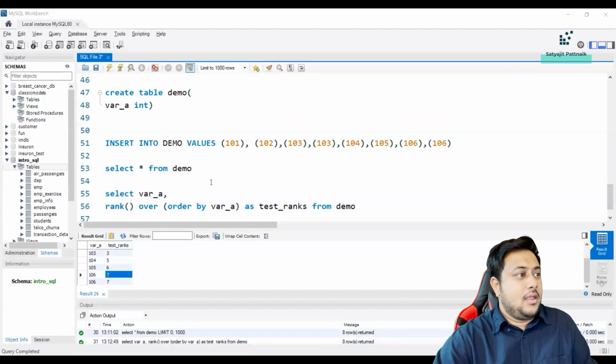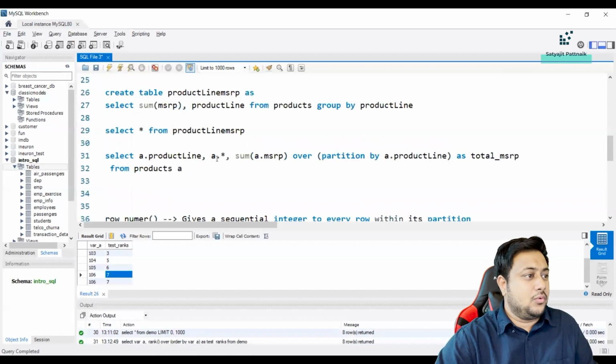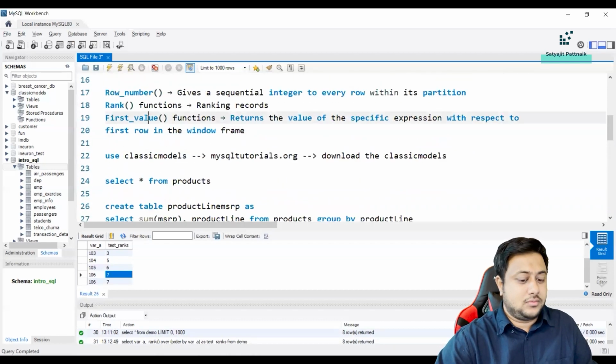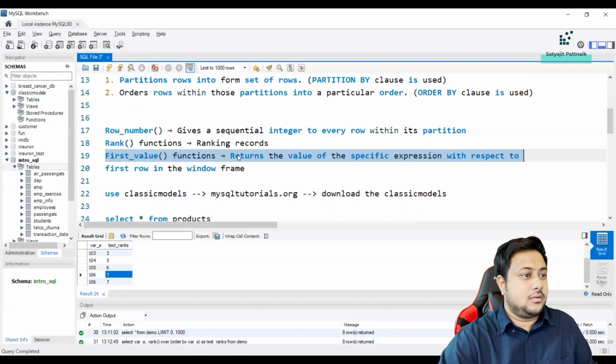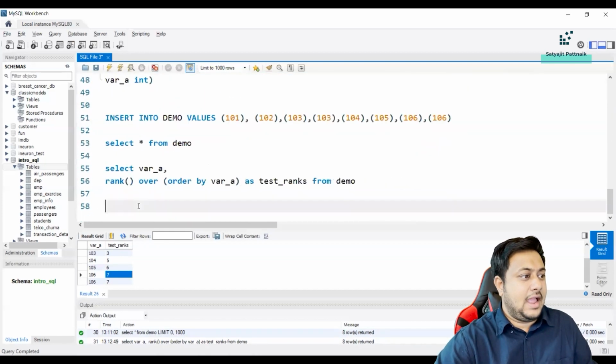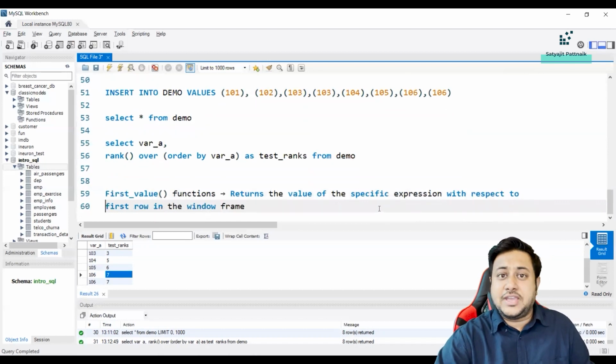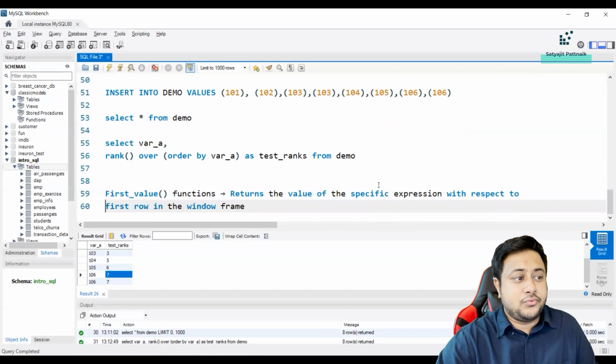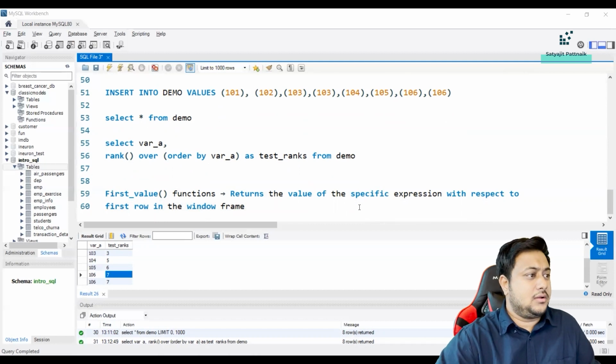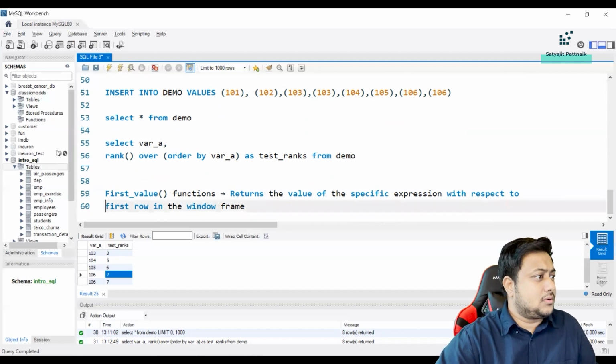Now, I will talk about first value. And what is first value? As we already know, first value returns the value of a specific expression with respect to the first row in the window frame. Okay, so let's see. Let's see if we have a table like,